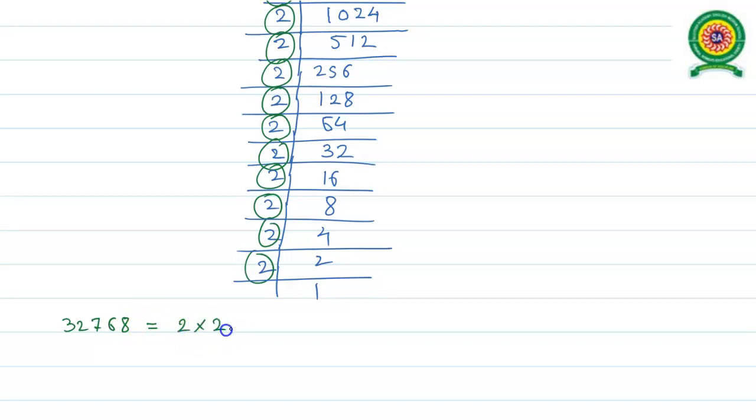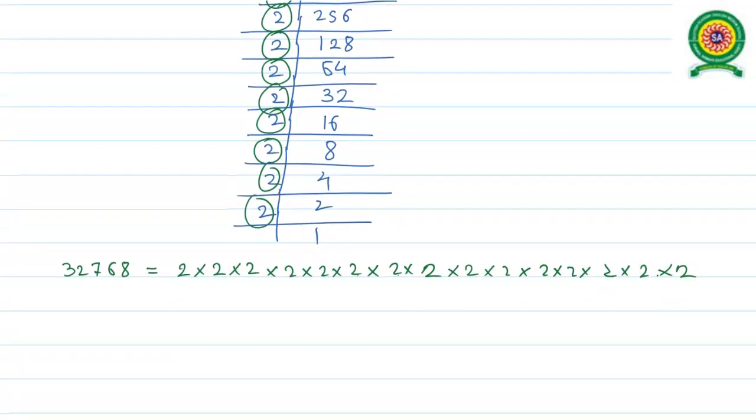We have a how many times 2 were there? Exactly 15 times. So that is 1, 2, 3, 4, 5, 6, 7, 8, 9, 10, 11, 12, 13 and 14 as well as the 15. So we have to make now the triples. So how many triples can we make here? 3 5s are exactly 15. That means we have 5 triples over here for 2s.